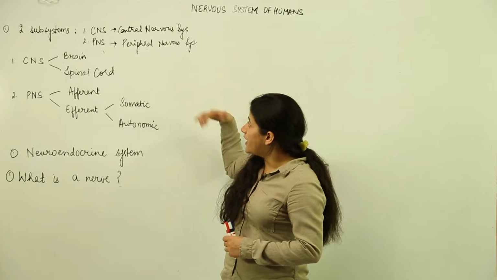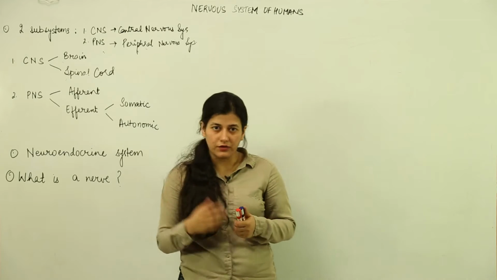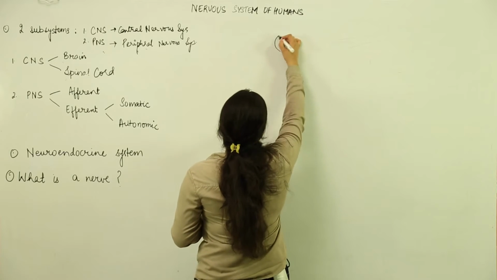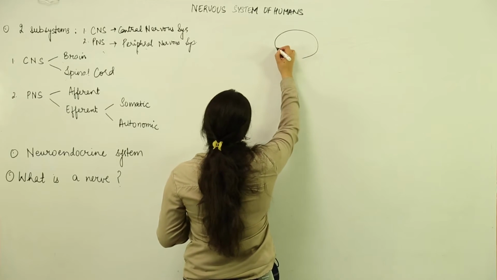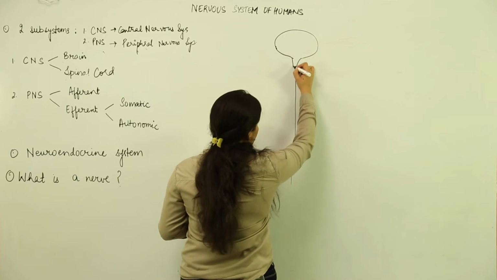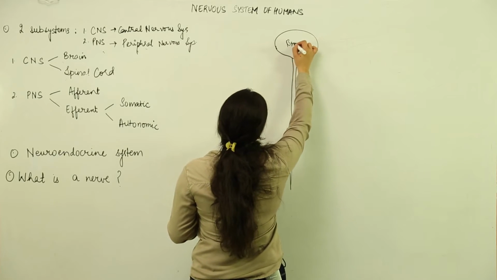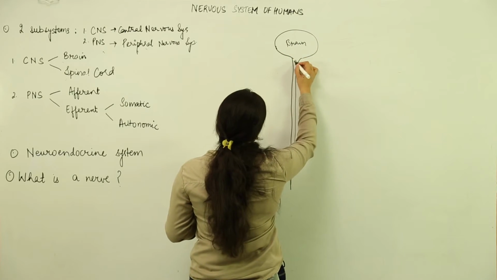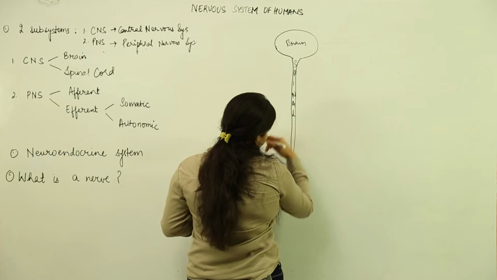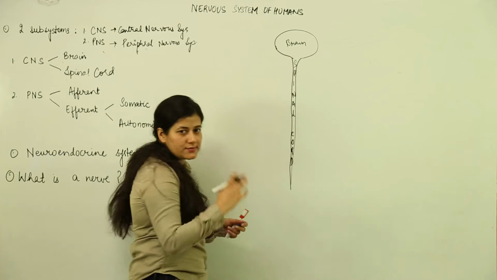And there are a few terms which distinguish the central nervous system from the peripheral nervous system that we are going to get introduced to. First of all, the central part, if represented as a cartoon or a line diagram, would be represented like this. This is the central part known as the brain, and there is a very important component that subtends out of the central nervous system brain, that is known as the spinal cord.